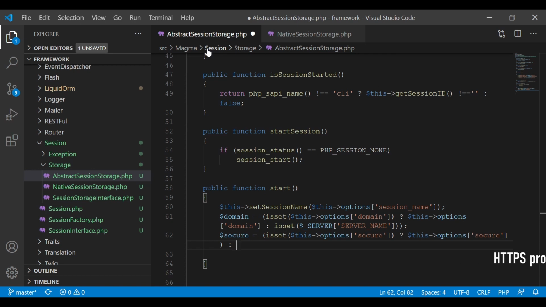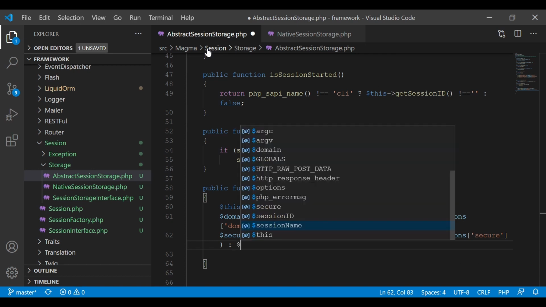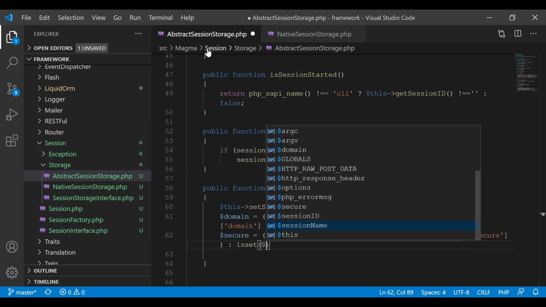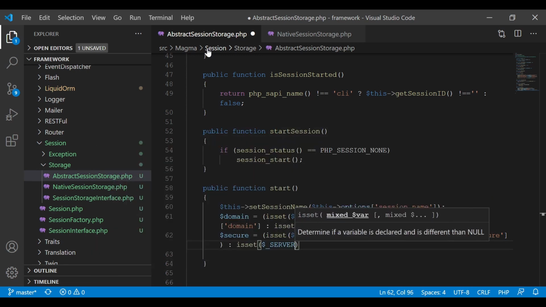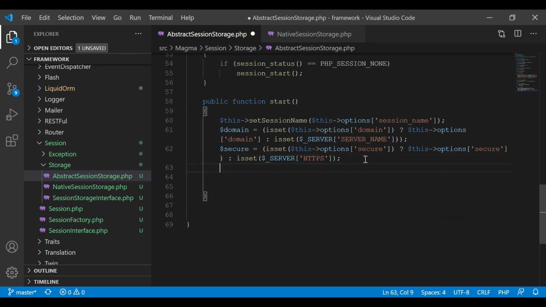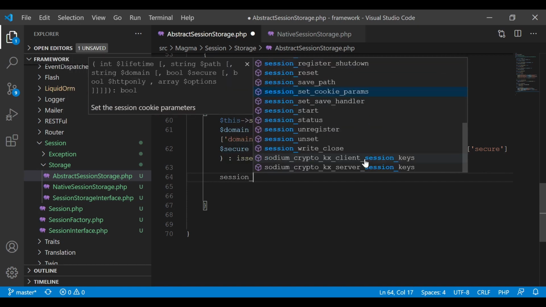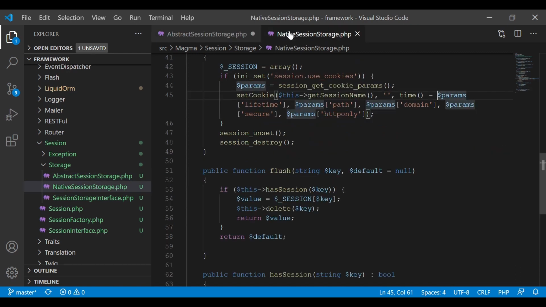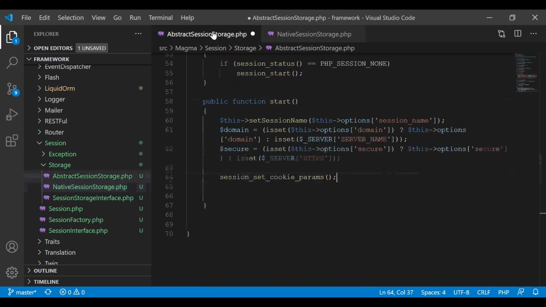Server, HTTPS, yep. And now we're going to say session_set_cookie_params, because remember we're getting the params within our native session storage class, and in our abstract class, as I said earlier, we're going to actually set